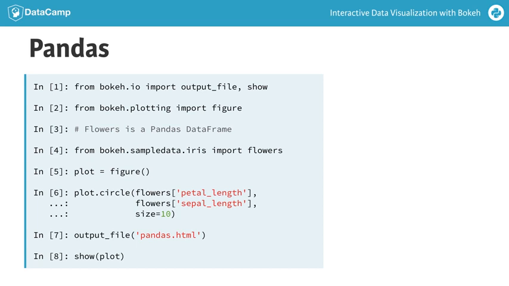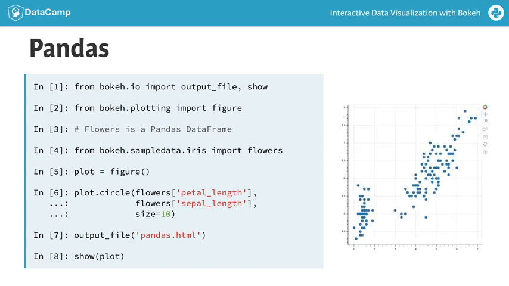Another common Python library for data science is Pandas. Pandas provides a data frame structure analogous to the R data frame. It's efficient for working with tabular data sets and time series. A Pandas data frame is comprised of several columns, each with a unique name. These columns in a data frame are accessed using square brackets, similar to a Python dictionary. As it happens, the underlying implementation of Pandas columns uses NumPy arrays, so passing Pandas data frame columns works exactly